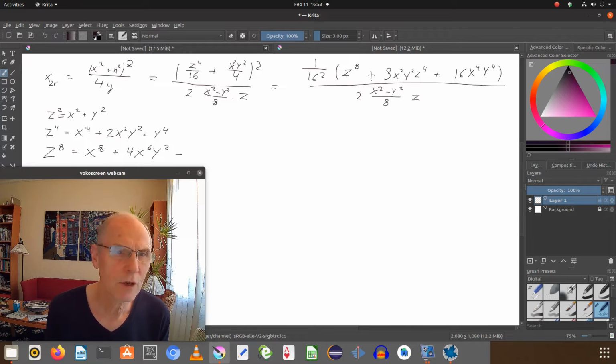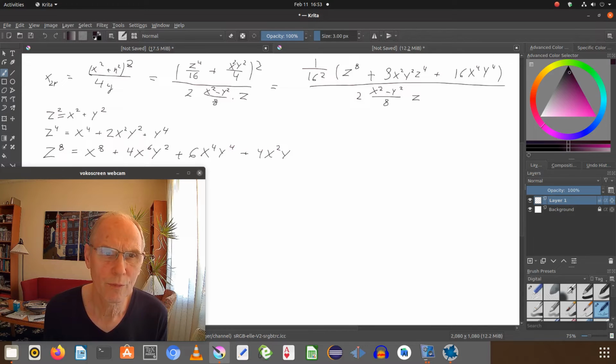And then we get the double product of this times this squared. That's 6. Oh, I could have used the binomial formula, of course. Right. And then this is one of them, and then this one,